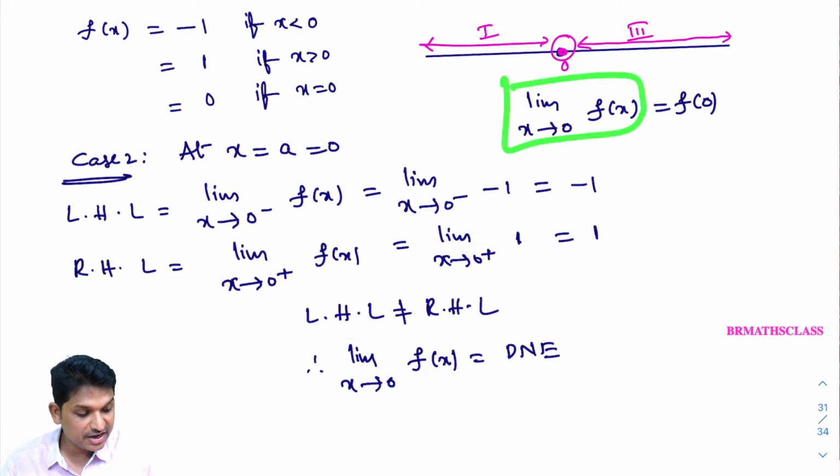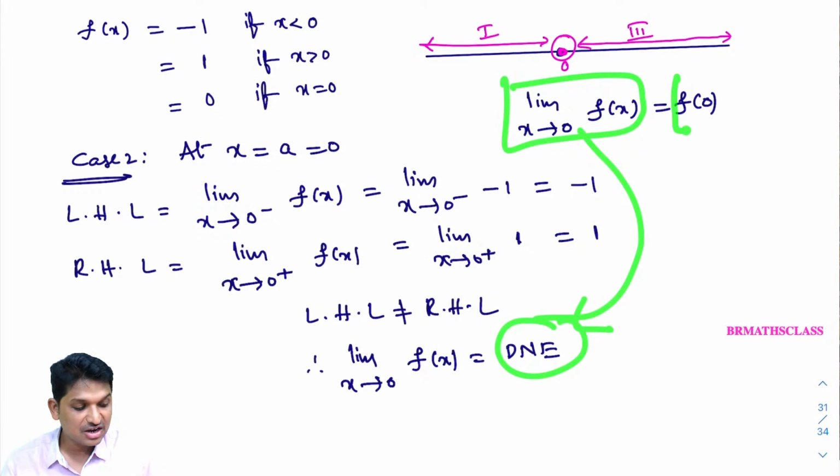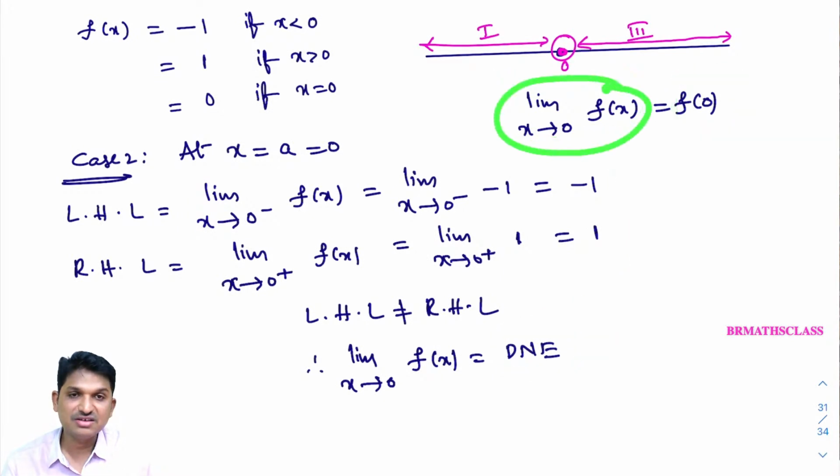So actually I am trying to calculate this. I got that this does not exist. When this does not exist, how will I check whether these two are equal or not? This value does not exist, so I cannot check whether this is equal to this or not. I cannot check. So I say that this function is